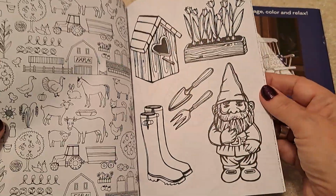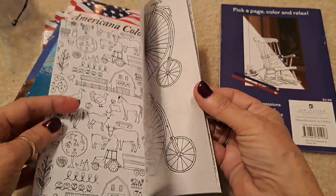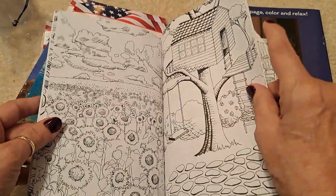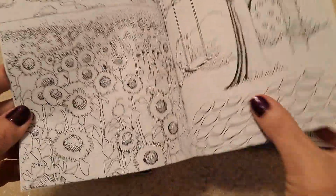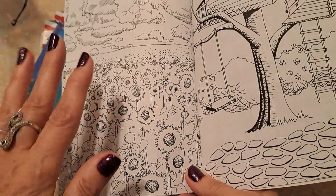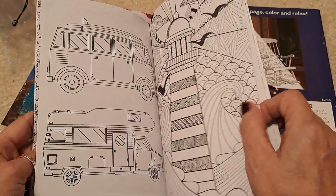Little gnomies. Candace has a coloring with gnomes going on. A year-long coloring with gnomes. I don't have any gnome books, but I could color that picture. This is really pretty. This reminds me, makes me nostalgic for back in Ohio, because it reminds me of Ohio, or Sunflower Field. Not nostalgic enough to move back, but